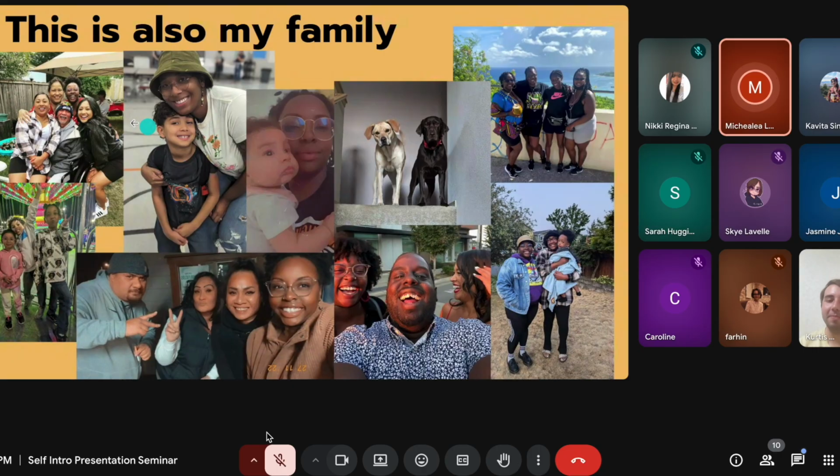And then I just collaged my family. These are my friends that I also consider my family. And I think it is kind of striking for some of them to see so many different looking people, and the dogs. They love the dogs. There's not enough time to talk about the dogs. They even named my dog Bo-chan, which is so cute. So now my dog has a little Japanese nickname.